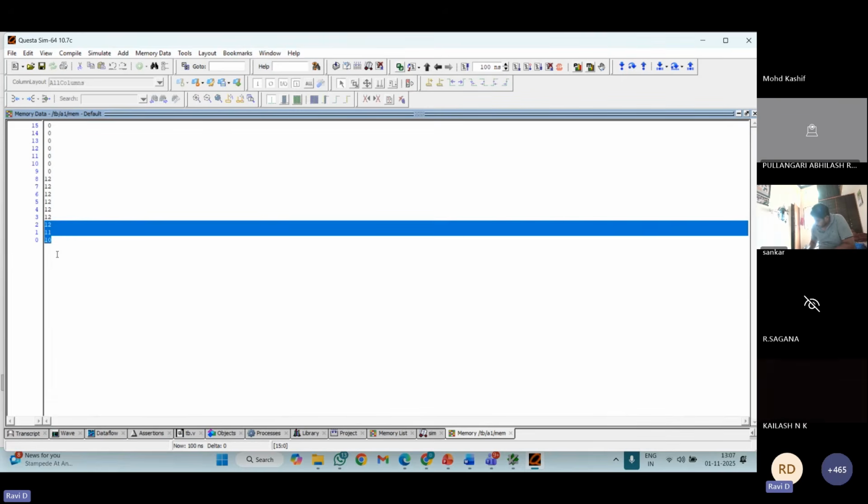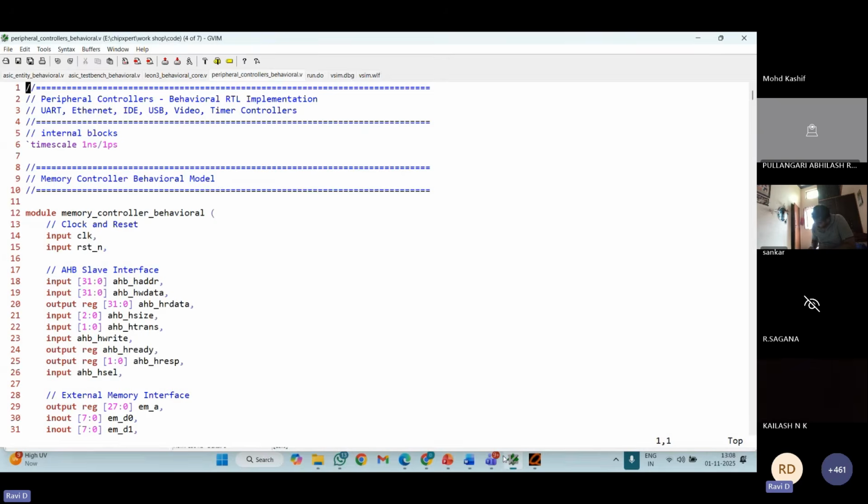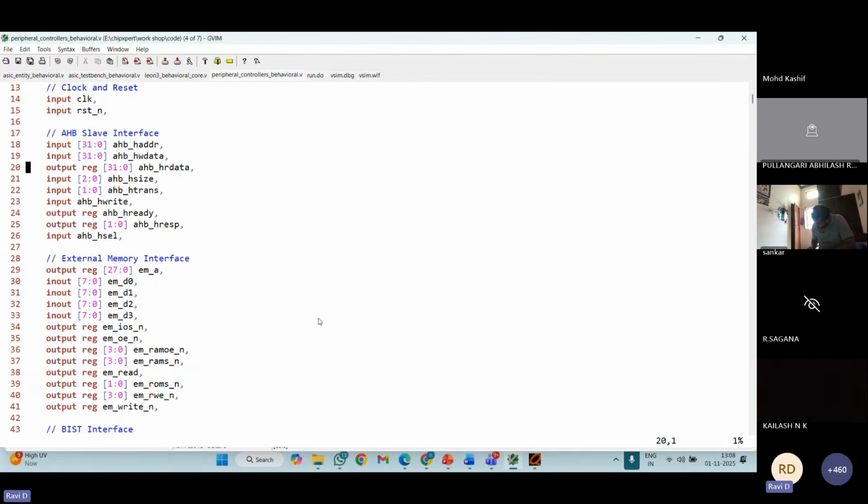In the first location, first I had randomized a value of 10, so I had passed input 10, and it is stored in my first address location. Next, after some time, I had sent 11, and after some time I had sent 12, so it is stored in the second address location. So what about the remaining things? After storing also, I'm running extra 6 more cycles.